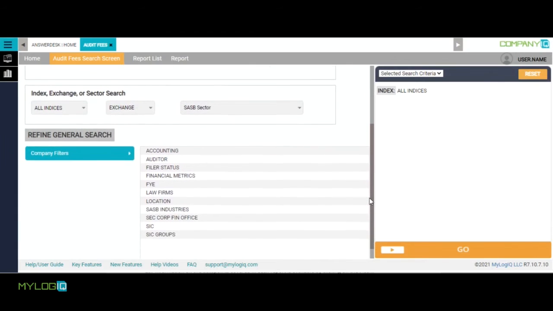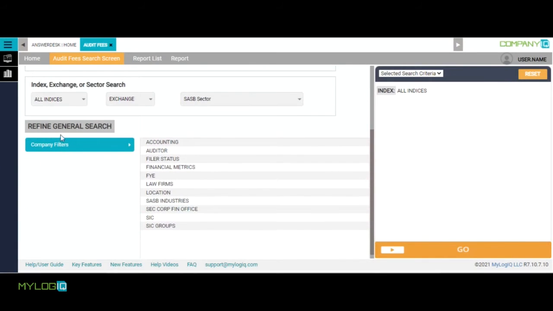Moving to Refined General Search, this section includes auditor, financial metrics, and more. But it's not necessary to input any search criteria to access the reports. Once you have clicked on Go, you'll be navigated to a report list screen window that looks like the one